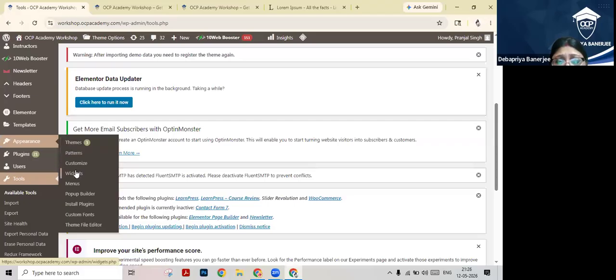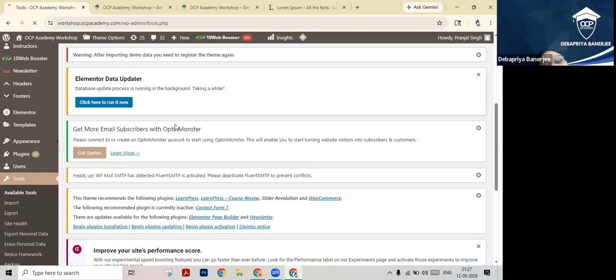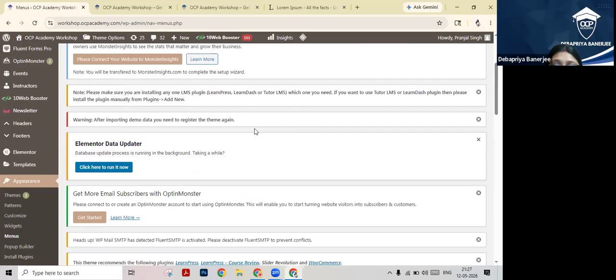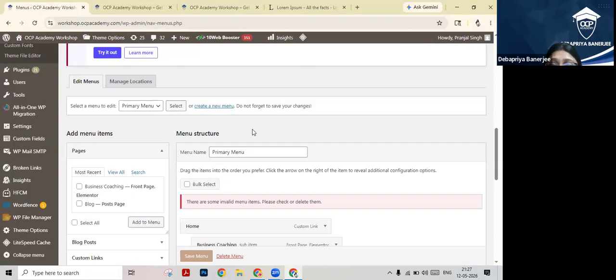Under Appearance we will get it. Okay, first understand the menu. I have shown you the primary menu there, right? I did not activate it, but it was there. So if you want to first create a menu, see here you have primary menu, support and useful links. You can create your own menu. You can have 5 menus which you can alternately use in your website. So if you click on create menu, it will create another menu for you.